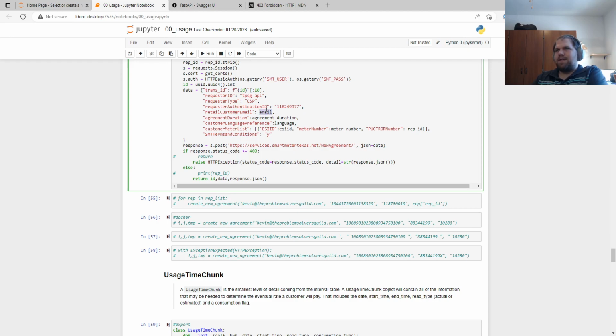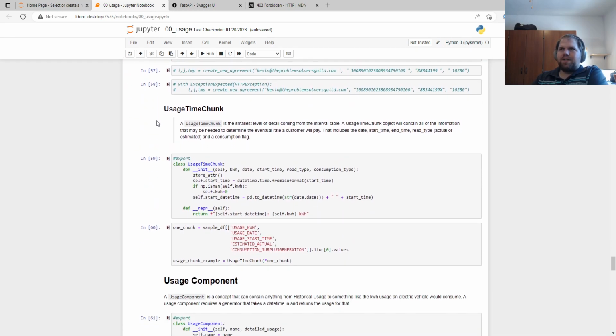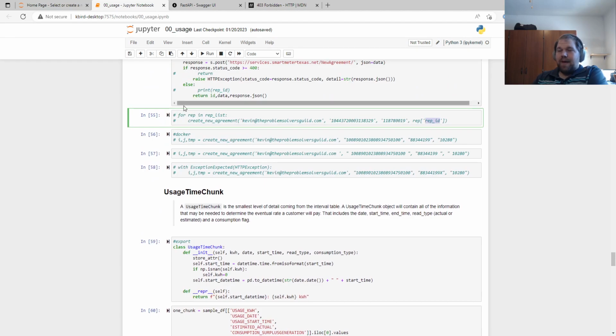So if this is, you know, my email, Kevin at the Problem Solvers Guild, they would pass in their ESI ID, their meter number, and their rep ID. It would generate an email to confirm that you actually do want to allow me to have access to your usage. So this is what we're using for that sign-up process,